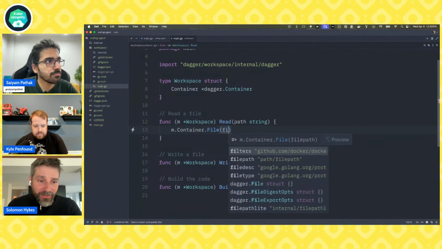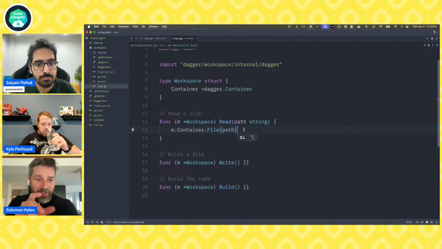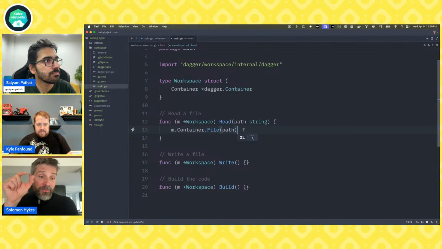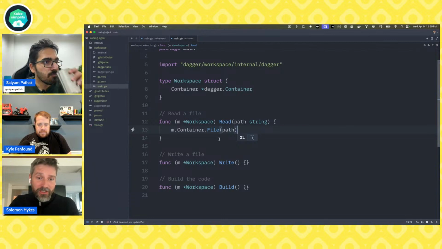A quick note for people who remember Kyle's demo earlier on the shell, when he was typing these little commands that looked like bash commands, container, pipe, from, pipe, with new file: that was actually making calls to the same API that this SDK now gives you a client library for.